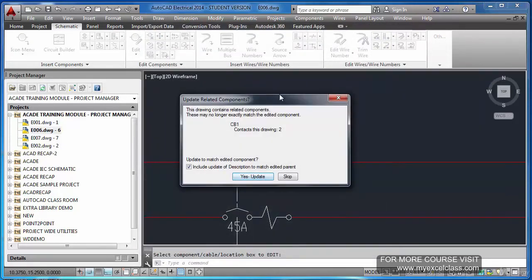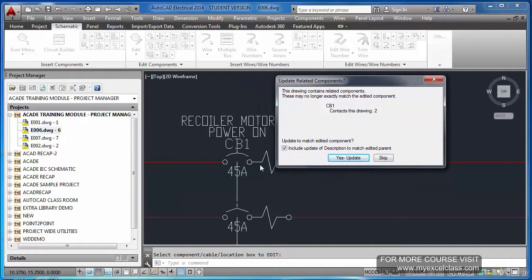Okay, it is asking for updating because this particular description is added to the first pole which is there in the top, and you can see a dashed line connecting all the 3 poles together. By updating this, these values whatever you have changed or edited in the first pole is going to apply for the rest also. If you skip this, there will be a difference. I will show you that. Now let us say yes, update.